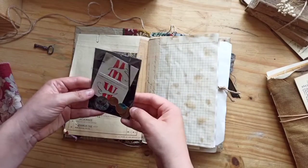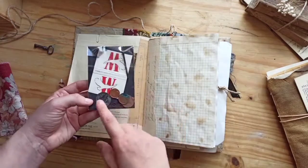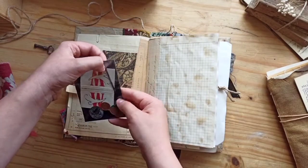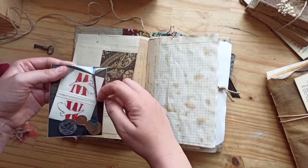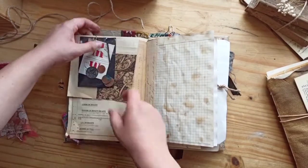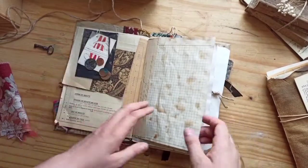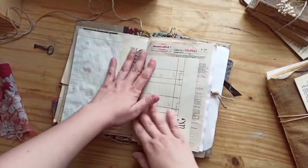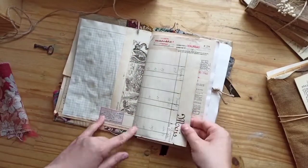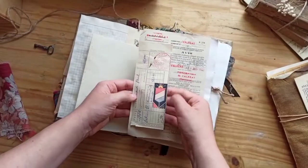you know, this is a matchbox for his cigarettes. We have some coins and even a rusty, I don't remember the name, but I think you can see it. Just be careful when you handle things like that. Floating piece to which I added this domino